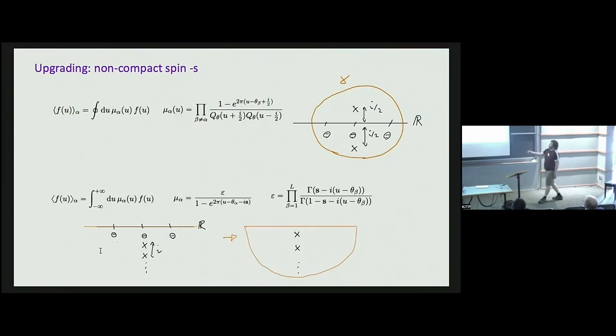If you want to go to, say, non-compact spin minus s, which looks like this, the measure gets upgraded. It's just this part here, and then its epsilon term, which is just this ratio of gamma functions related to the choice of the spin. The only other thing you need to do is to change the contour. So instead of starting with a circle going around all the poles, you replace it with an integral over the real line. And then you can actually show that for this choice of spin, all of the poles of the measure sit in the lower half of the complex plane. You can close the contour in the lower half plane